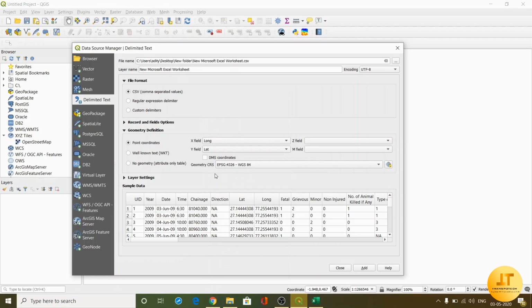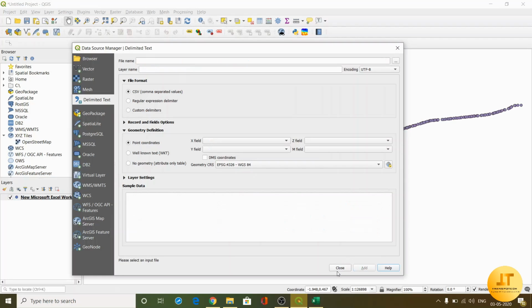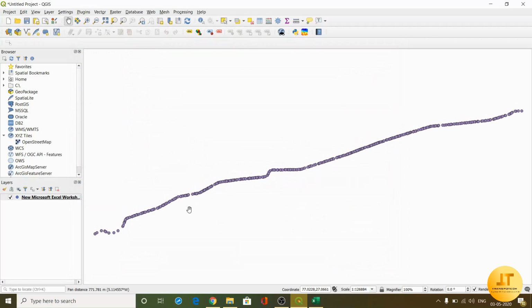This is the most important point. While saying the coordinates, we usually say latitude and longitude first. Even in Google Maps or Google Earth, the coordinates shown are first latitude and then longitude. Now after this we'll click on add, click on close. So these are the data points, that is, points of accidents.